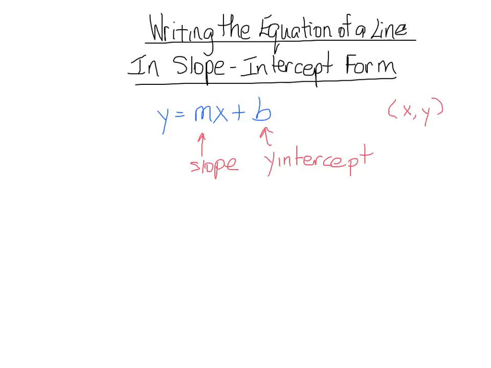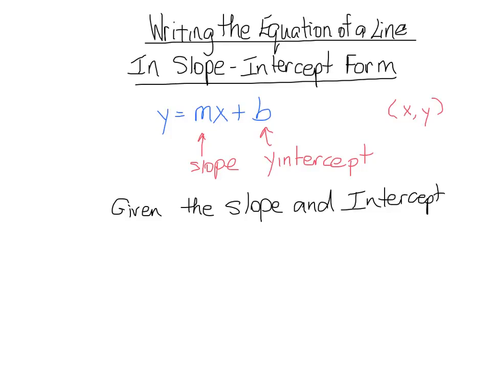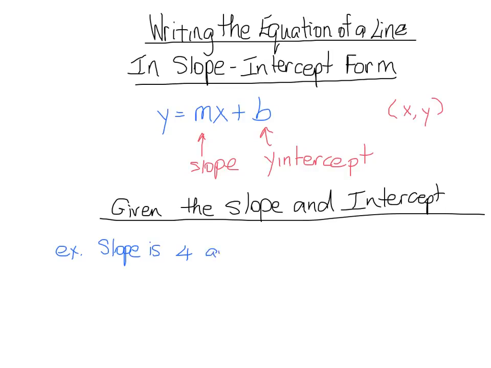Now all of this will probably be a little bit clearer in a second when we start looking at how to give the equation of a line. All right, so first we're going to start off by writing the equation of a line if given the slope and the y-intercept. So let's say, for example, we have a line and the slope of the line is 4 and the y-intercept